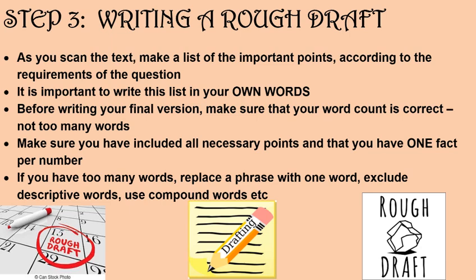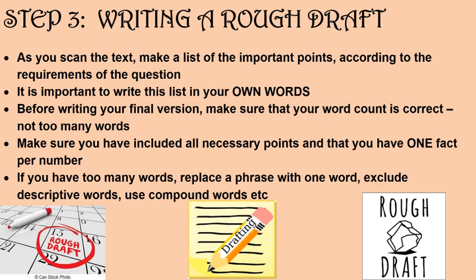But remember what we said, own words just simply means that it's not exactly the same word for word as in the passage. Before writing your final version, you must make sure the word count is correct, that you don't use too many words, because what will happen is the teacher is going to count. And when the teacher comes to the 70 words, they just finish that line and the rest is ignored. So please make sure, take out unnecessary information, quotations, numbers, adjectives, adverbs, descriptive words, take them out.